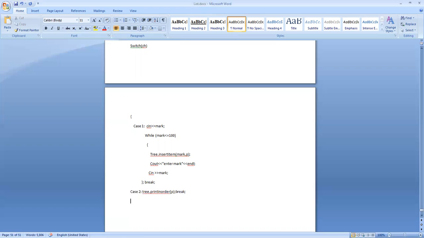Then what's the next case? Case 3. Print pre-order. So the object is tree dot print pre-order of tree. Then the next case is case 4.